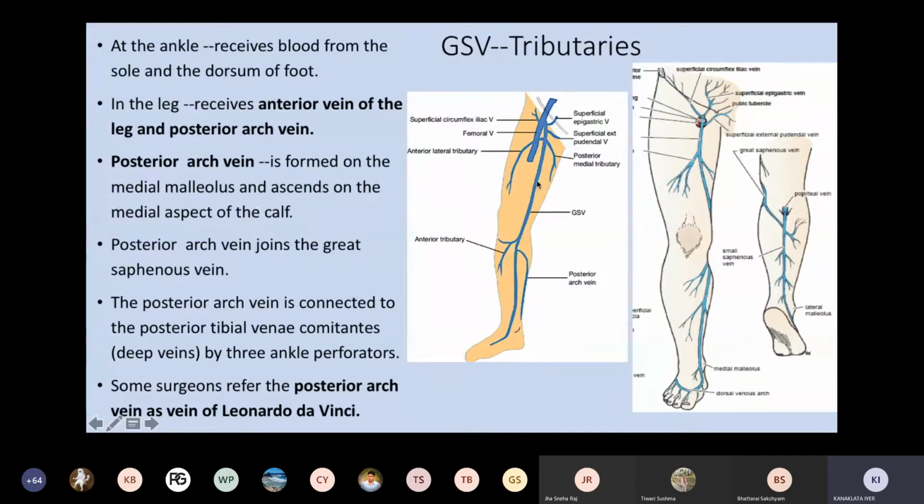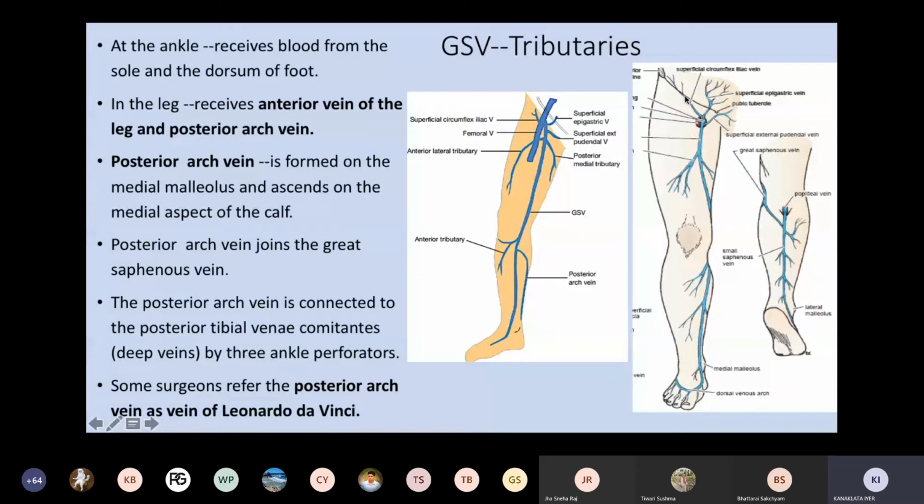As it goes up in the thigh, it receives a posteromedial vein coming from the posterior side and anterolateral vein which is coming from the lateral side. And finally, it will receive the veins accompanying the superficial branches of femoral artery. That means superficial epigastric, superficial circumflex iliac, and this is a superficial pudendal. They all join the great saphenous vein. Remember that, though they are the branches of the femoral artery, they will open in the great saphenous vein, which is then open into femoral vein. Last branch, the last tributary, is the deep external pudendal, just before it pierces. That is the last tributary of the great saphenous vein.